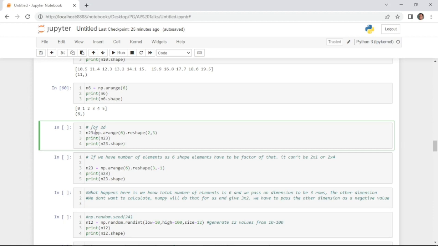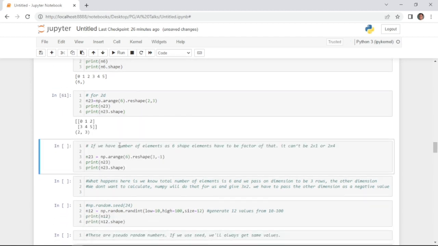We take a variable n2 by 3, that is a 2 by 3 matrix, and give a range from 0 to 5, reshaping this range value into 2 multiplied by 3. Now we print that and get the shape. Here you can see that we got 2 rows and 3 columns, so it has become our 2 by 3